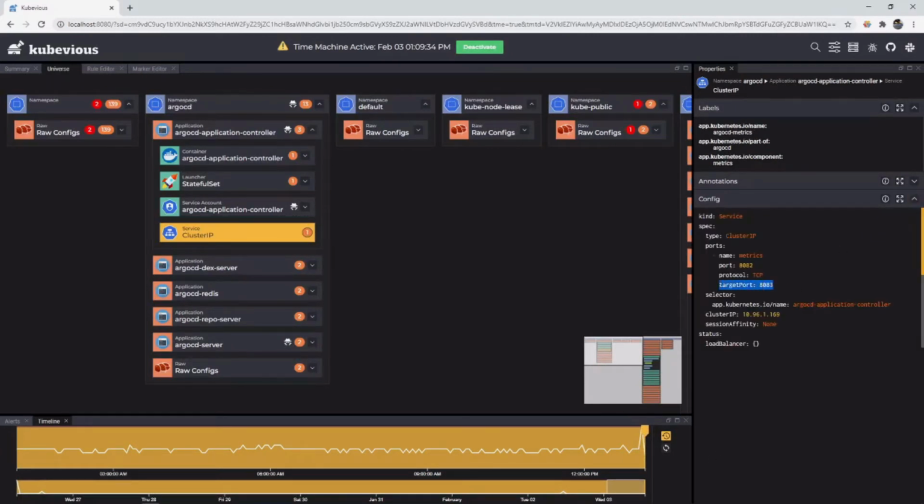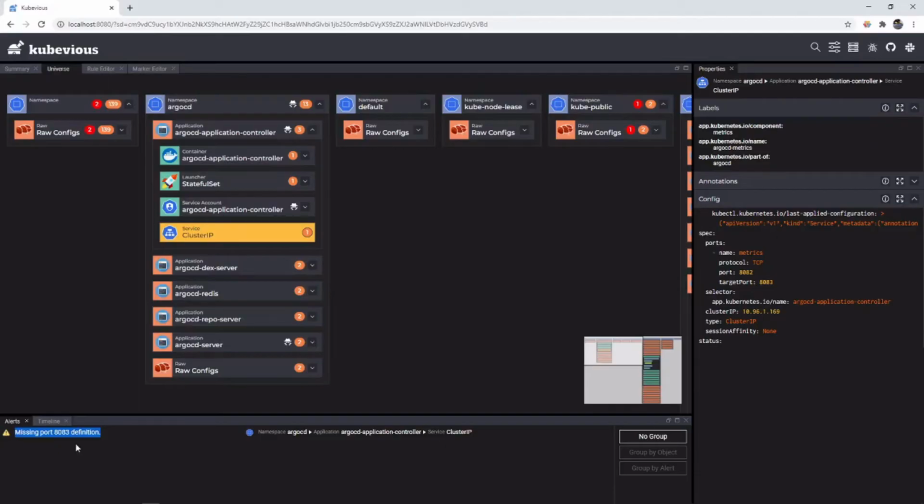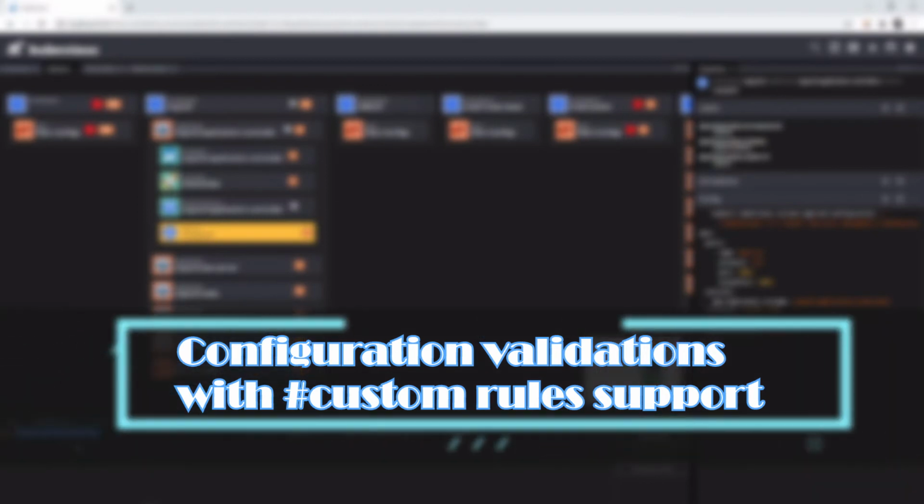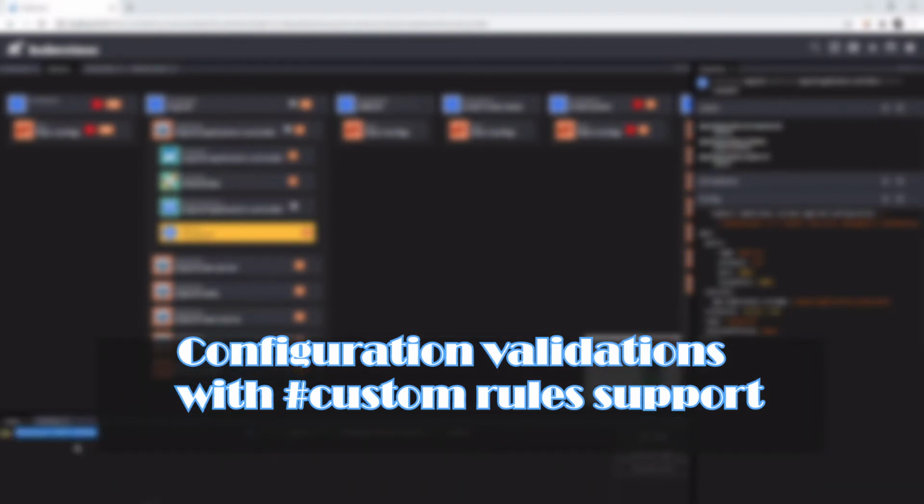I just showed you one validation QBS did for us when we gave a wrong port number in our service configuration. But that's just one check. QBS comes with some additional checks out of the box. Each of these configuration validations will give warnings in respective resources. Let's find some critical validation errors.